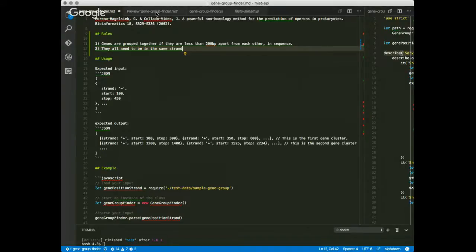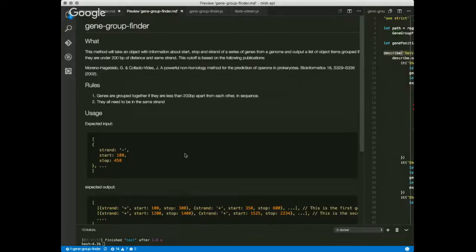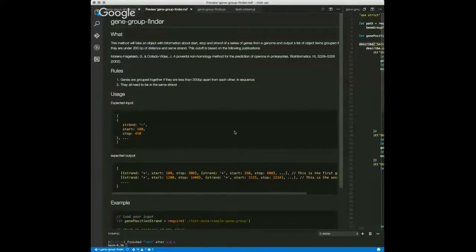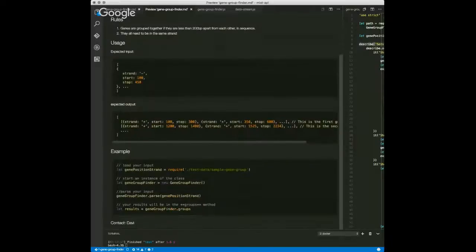It's the single rule, I believe. Well, you will see that there's two ifs there. Okay, so this is basically what it is. And then the way to use it is you require the class. Luke's going to make this become a function later, but for right now it's a class. Just create a new class, and then you basically parse your